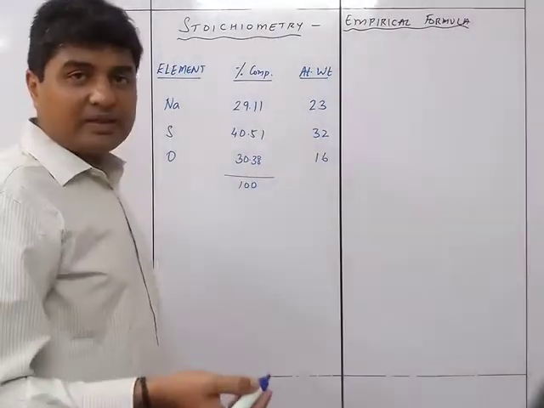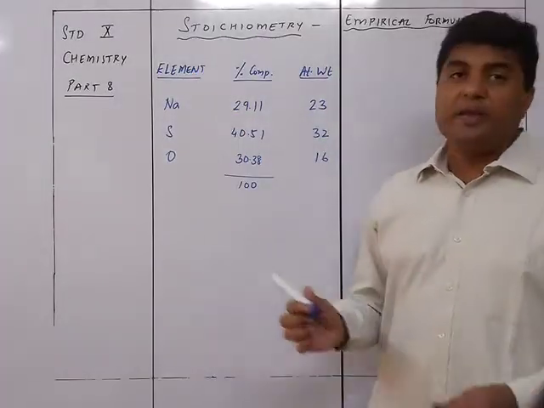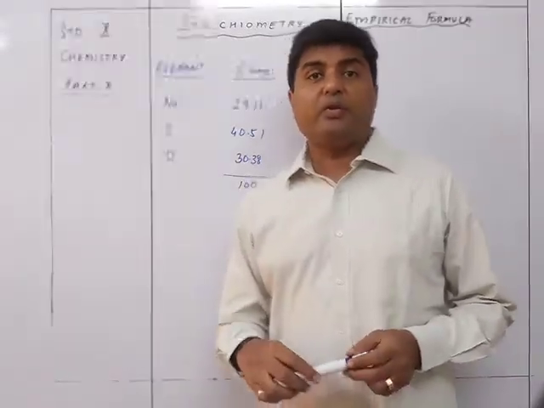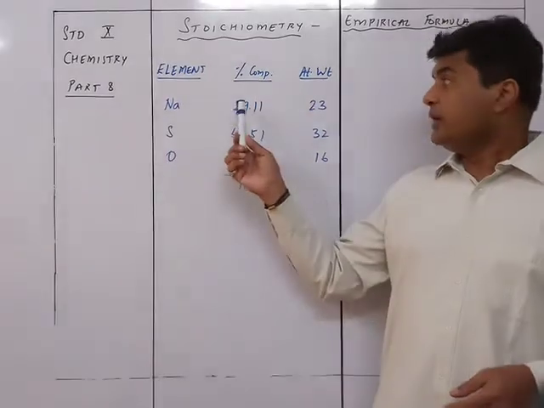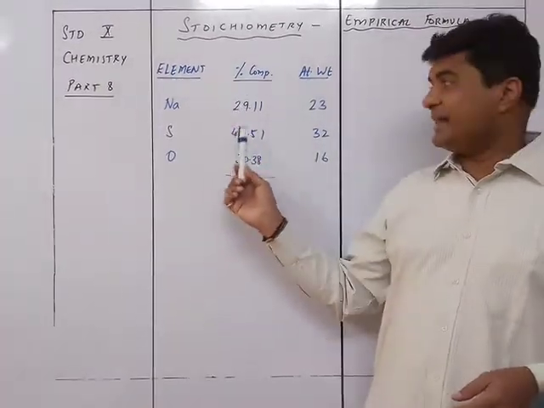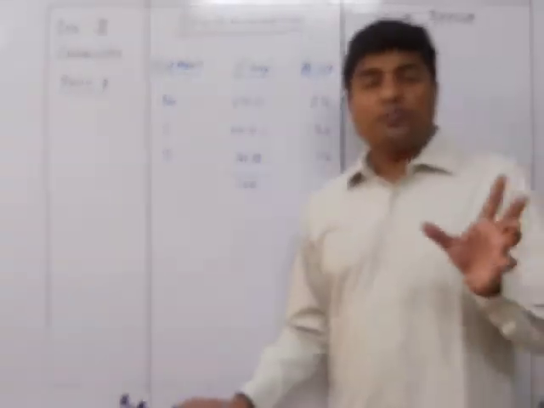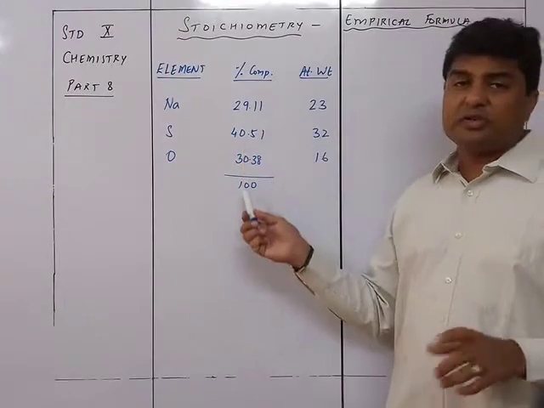If it is more than 3 elements also, the total percentage of this will be 100. In case they have given a question wherein they have given you the percentage of only 2 of them, automatically the balance will be oxygen. So if this and this is given to you, I'll add this up and subtract from 100, and whatever is the balance will be oxygen. So that's the method by which we are going to use the percentage composition for each and every element.